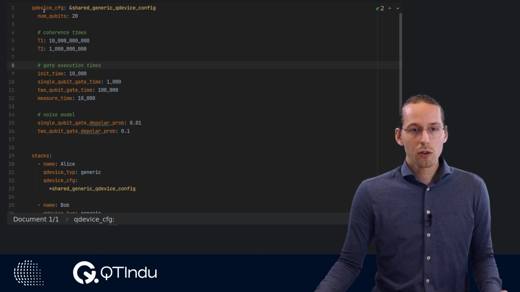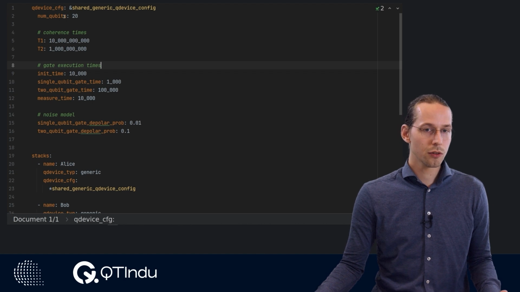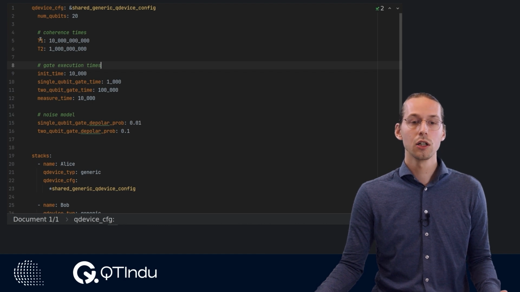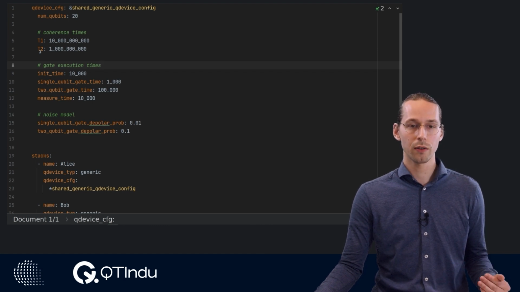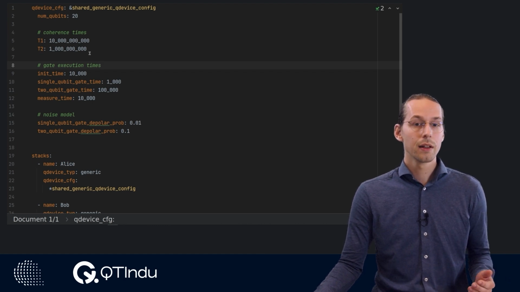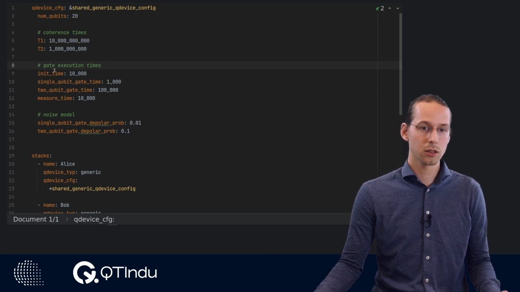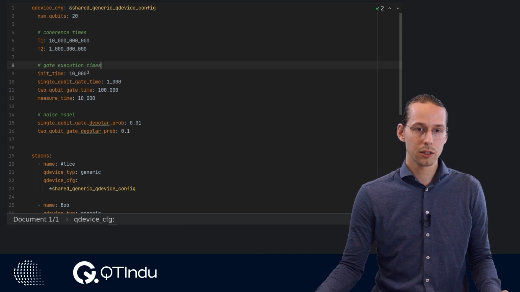The Q-device configuration has various settings. For example, we can specify how many qubits are available on our device. We can specify the coherence times, so both the longitudinal and transverse coherence times. These are in nanoseconds. Then we can specify how long each of the operations take. This again is in nanoseconds.